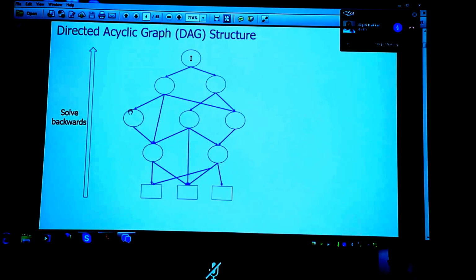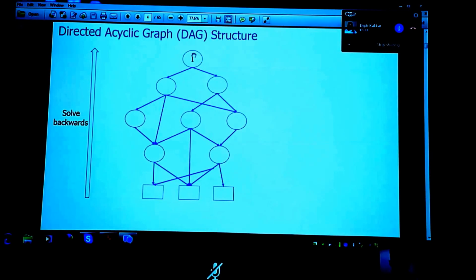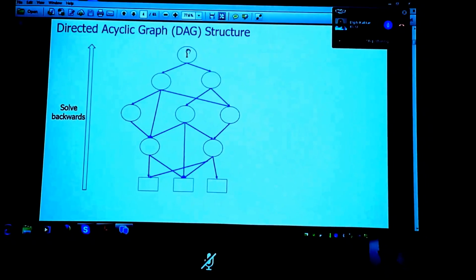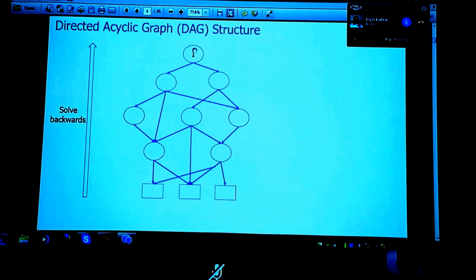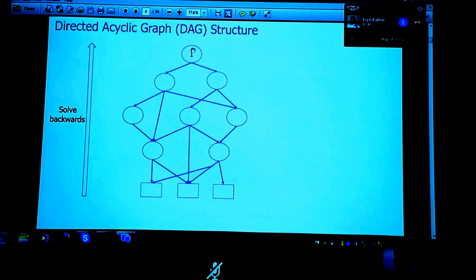Once you realize the structure, the way you will finally write your program is to go backwards like this. You will first solve these small things that you know how to solve, then use their results to solve the next layer of problems, then the next layer, and keep going up. Finally, you will get the solution to I. So it will have this directed acyclic, parent-child structure to it. This is how the general dynamic programming problem structure will look. Now, we are going to see several examples of this DP phenomenon, this strategy, this paradigm.